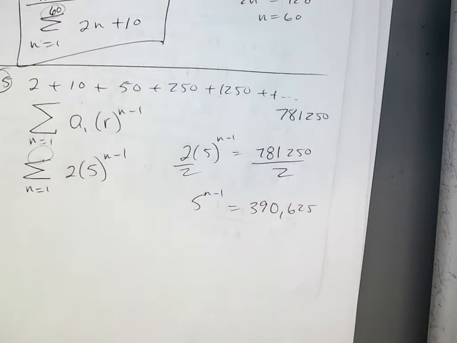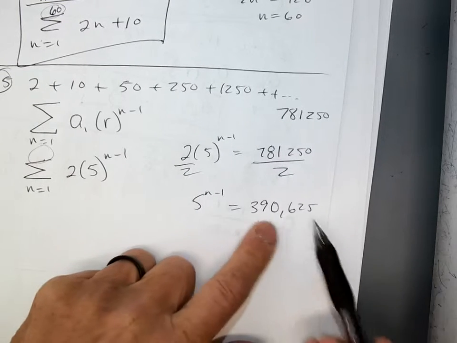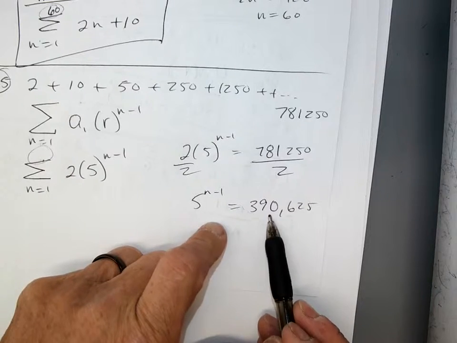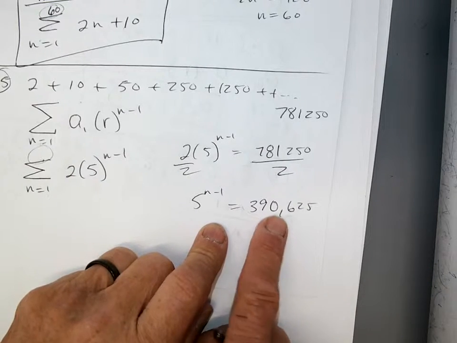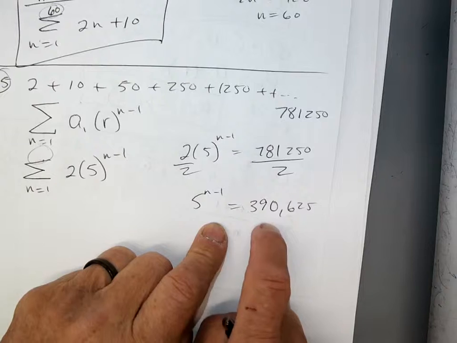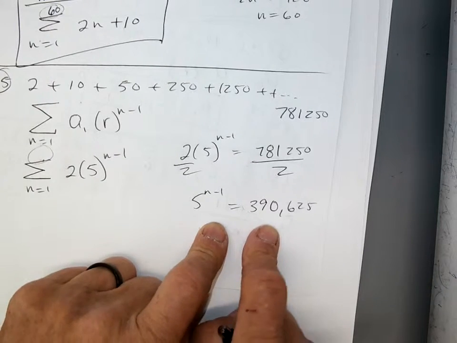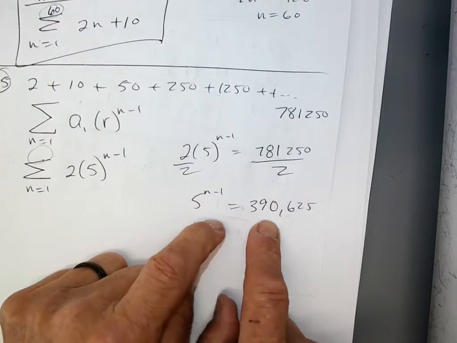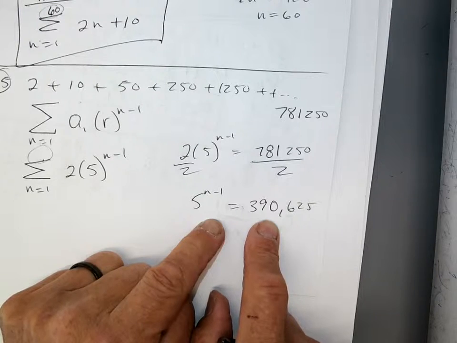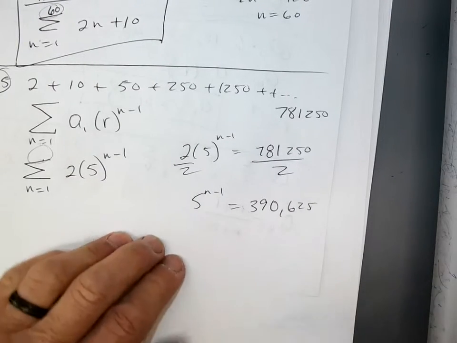how are we going to solve for n? We've got two ways. We can use logarithms because we know how to use logarithms. Or this is probably some 5 power, and we could guess and check what 5 power this is. 5 to some power should make this, okay? What do you want? You want to do logs? You want to do guess and check until we get 5 to some power? Let's do logs. Okay, if we do logs, we're going to go log